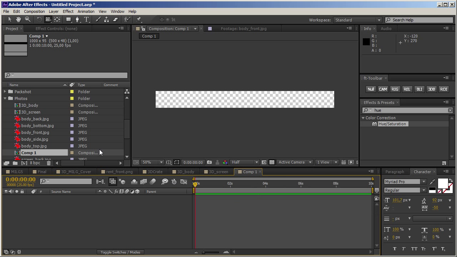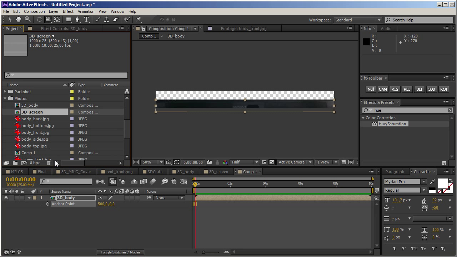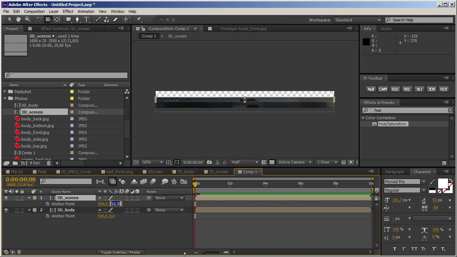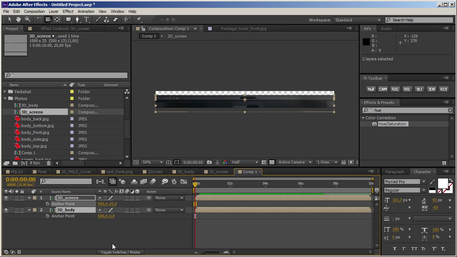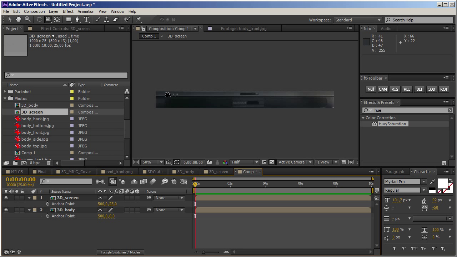So clicking OK, and now I'm going to put the body inside. Just for convenience, take a look at this. I'm going to move the anchor point to the top, like that. I'm going to put the screen in, and for this I'm going to put the anchor point at the bottom, so 25 pixels. And now I can just move the whole thing up. And I don't even have to check if their position is correct, because I've just got the anchor point repositioned,